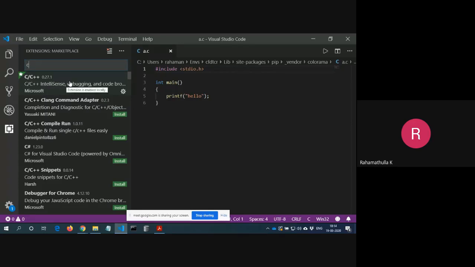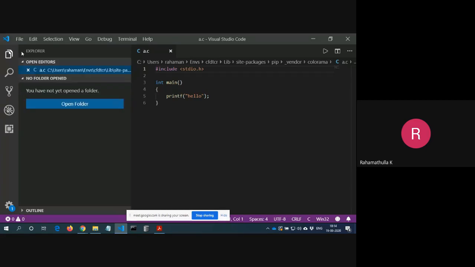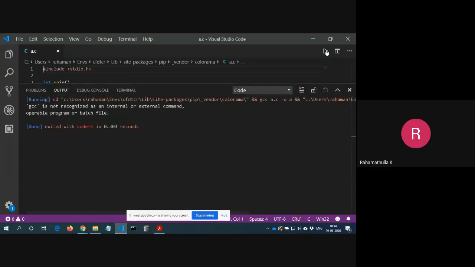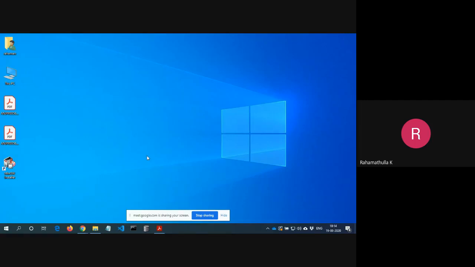These two extensions you install. Once you install that, you can write your C program here, and you just press this, run this code, and then your program will be executed. Here you should get the output. Sorry, I'll restart this Visual Studio Code.